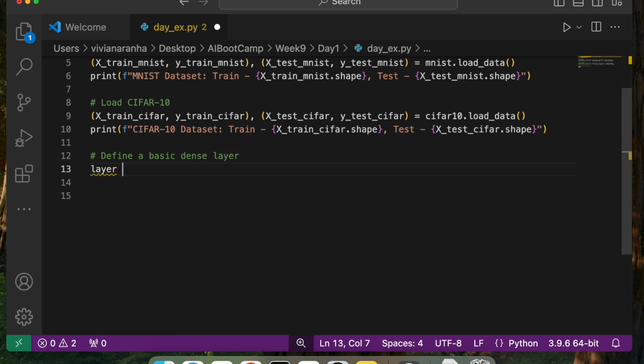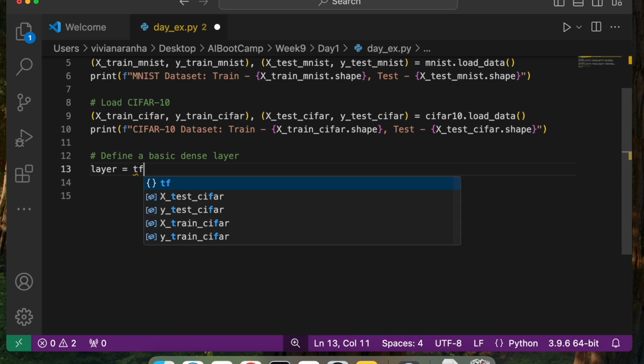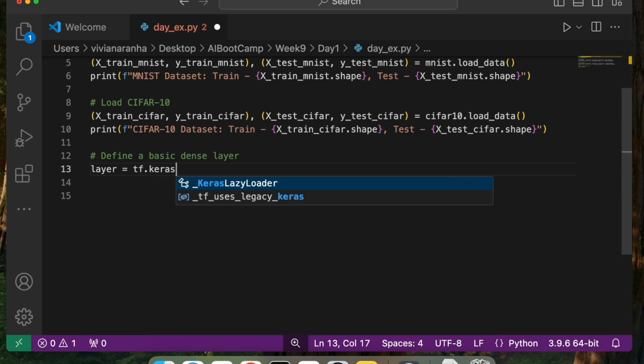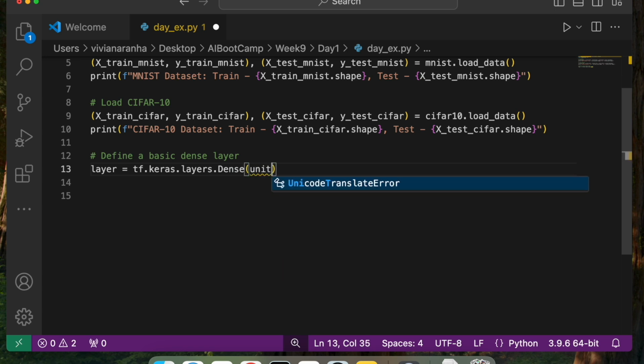A layer is defined something like this. We can say tf.keras.layers.Dense, and then I can say units equal to 10 and activation equal to ReLU. So I have that.